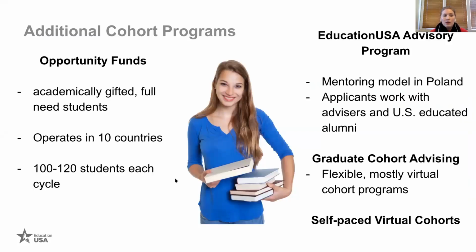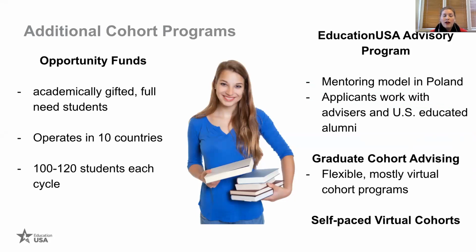Yes, okay, thanks. So again, a competitive college club is just one type of cohort program that is operating in our network, and also in our network specifically in Europe and Eurasia. Again, I want you just to be sure to ask advisors when you're reaching out to them about the other kinds of cohort programs they're offering. The audience will be a little bit different and the length will be a little bit different, but all the advisors are looking for, again, ways to promote the diversity of US higher education with a variety of speakers, programs, and universities represented. So there's other ways that you can engage with the advisors even if they don't have a competitive college club. I will mention specifically opportunity funds.